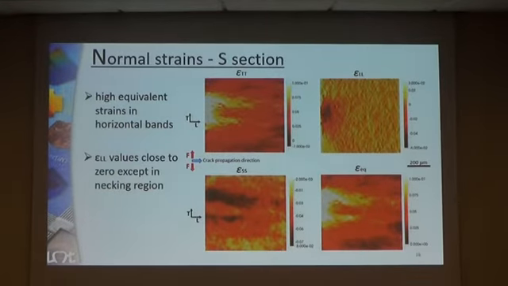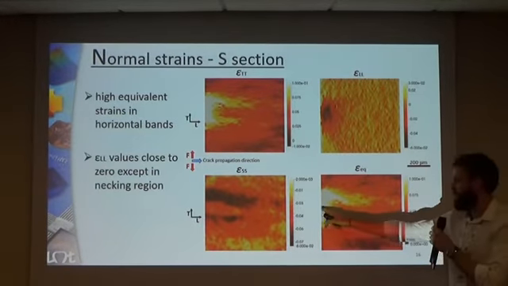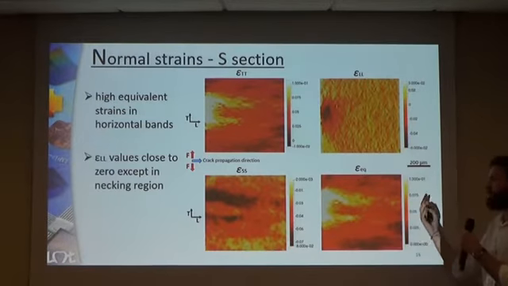But what about the normal strains? If we plot normal strains in the loading direction, in the thickness direction, or in the crack propagation direction, we have sections as shown here. Here I also plotted von Mises strain maps just for comparison. Now we are observing the mid-thickness section of the specimen. This is the position of the initial notch root, this is the opening and the crack propagation direction.